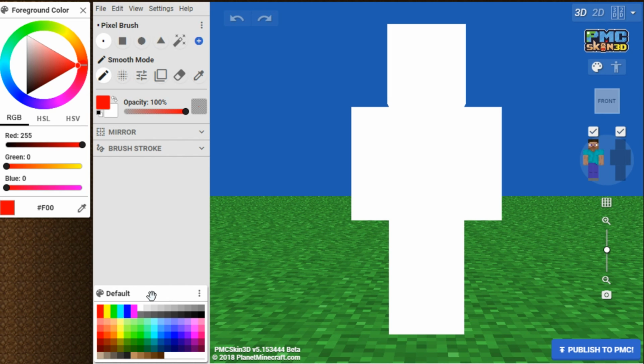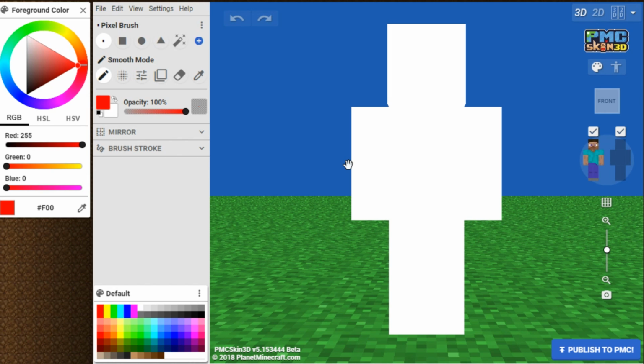I also find that the best way to learn is to try everything out yourself. So maybe for this video, also open up this editor with me and just play around with some of the settings. So the very first thing to go over is this giant player shape in the middle. Now what is that? That is your model that you're going to be using to draw your skin on.